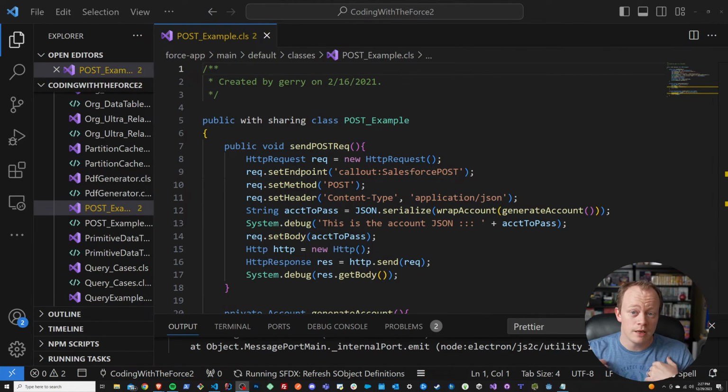Alright, everybody, so today we are going to be going over absolutely everything that you need to know about writing tests for your Apex classes. We'll go over what Apex tests are. We'll go over why they're important. We'll go over what unit tests are as opposed to integration tests. We'll go over just about anything you can think of, and of course we'll do examples over tons and tons